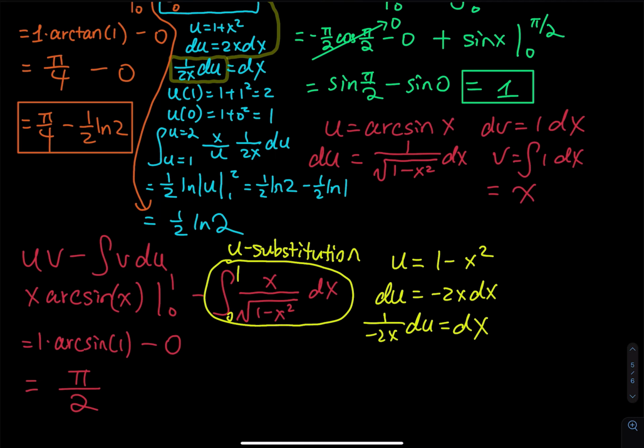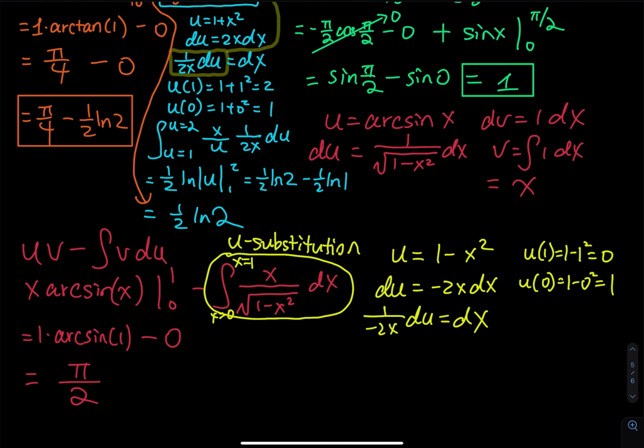They are x, so I'm supposed to write x equals 1 and x equals 0. And then you will have to find out u of 1. What is that equal to? 1 minus 1 squared equals 0. And then u of 0 is 1 minus 0 squared equals 1. And then you will have the integral from u equals 1 to u equals 0, and then you have your x divided by the square root of u, which is u to the 1/2,